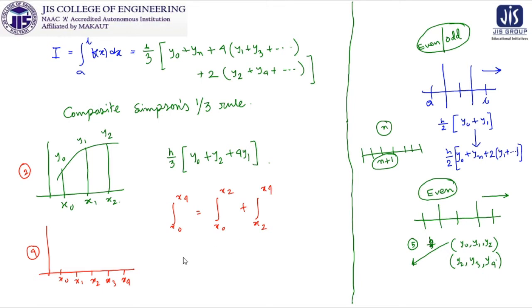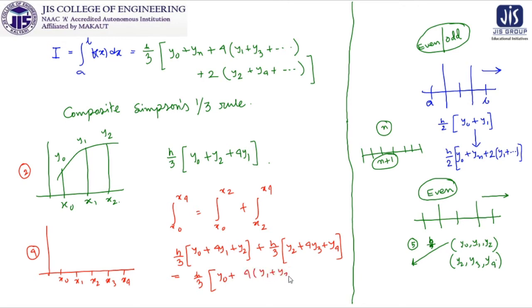And for the first part, the formula is h by 3 (y0 plus 4y1 plus y2) plus h by 3 (y2 plus 4y3 plus y4), and if we combine it we will get h by 3 (y0 plus 4 y1